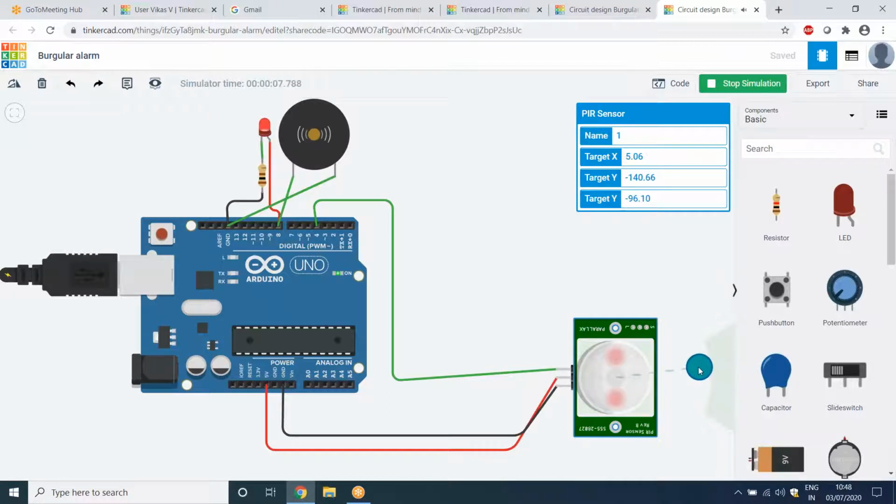Actually, the buzzer is blowing. I think you people can unmute yourself. There are very few participants, no? Are you able to hear the sound? Whenever I'm moving in the range of the PIR, I'm getting a buzzer, right?